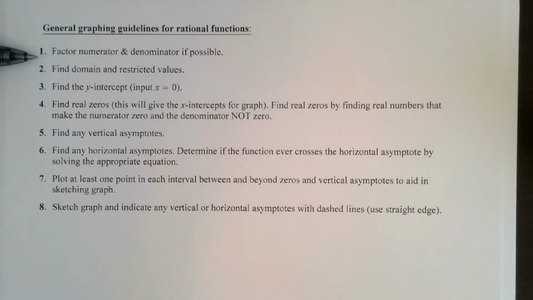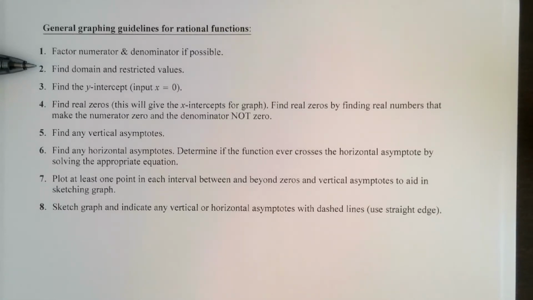First of all, we want to, if we can, factor the numerator and denominator. If you remember, rational functions have one polynomial in the top divided by a polynomial in the denominator. We want to factor each of those, and that will help us find the zeros of each of those polynomials, and those zeros are very important. For instance, in the first step, finding the domain and restricted values, the restricted values are the values that make the denominator 0,